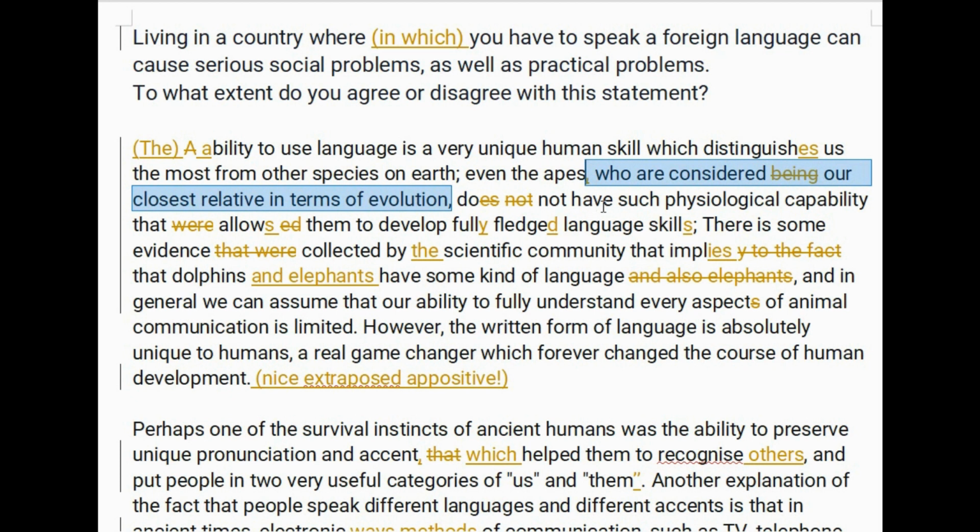But if it's non-defining, and I think it makes a lot of sense that this is just extra information. It could be defining. It's one of those ones where you could choose defining or non-defining, and it only slightly changes the meaning. But I think as extra information, we're not defining which apes, it's just extra information about the apes. That works well. So even the apes, which is plural, do not have such physiological capability that allows them, active, not passive, to develop fully fledged, that's a very good collocation, fully fledged language skills. Unfortunately, he just put "full fledged" instead of "fully fledged," and that is